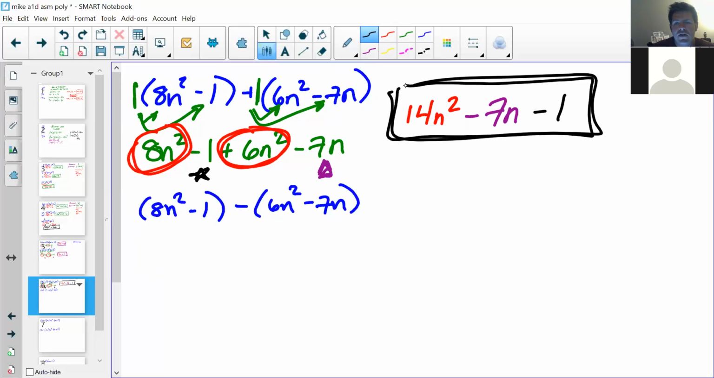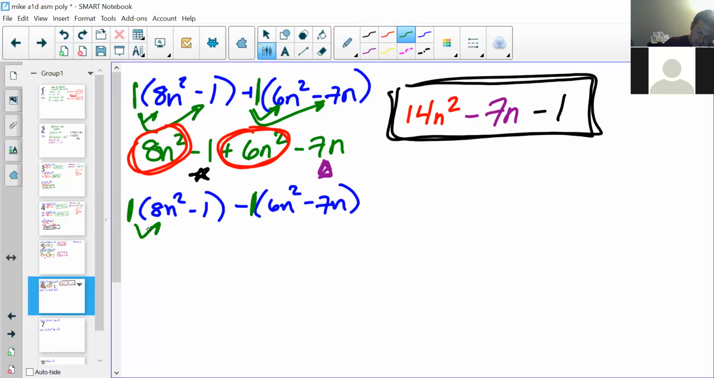None of those are like terms. They all have different types of exponents. We have that constant -1 in the back end. So that is as simplified as possible. We actually end up there with a trinomial, 3 terms, as our simplified answer. We'll go to the next one down, and